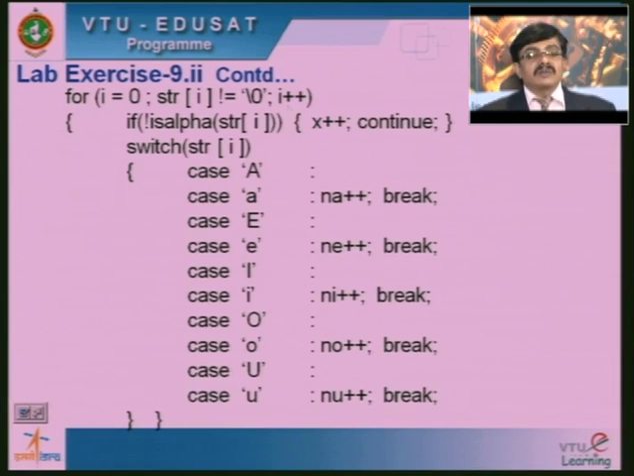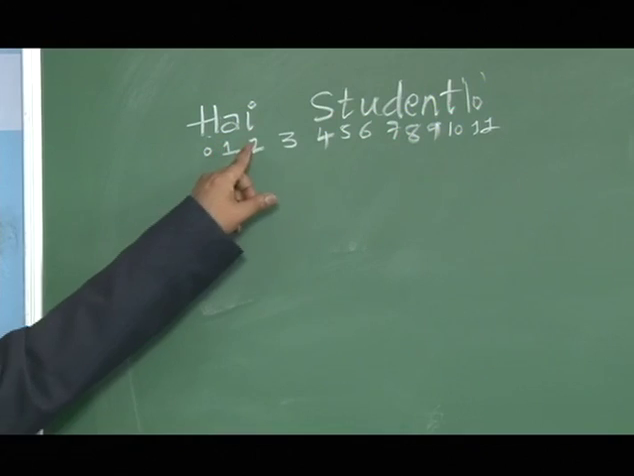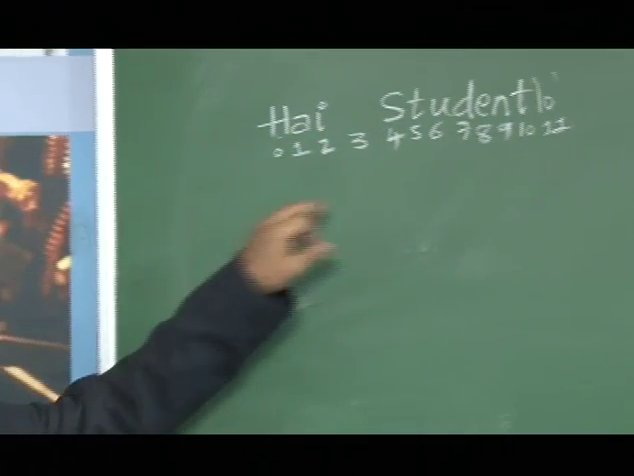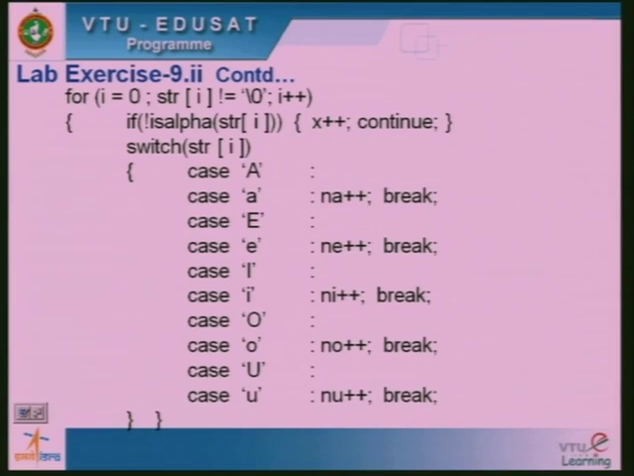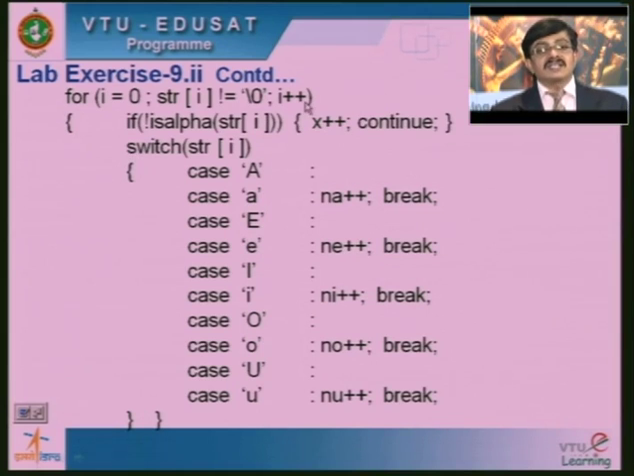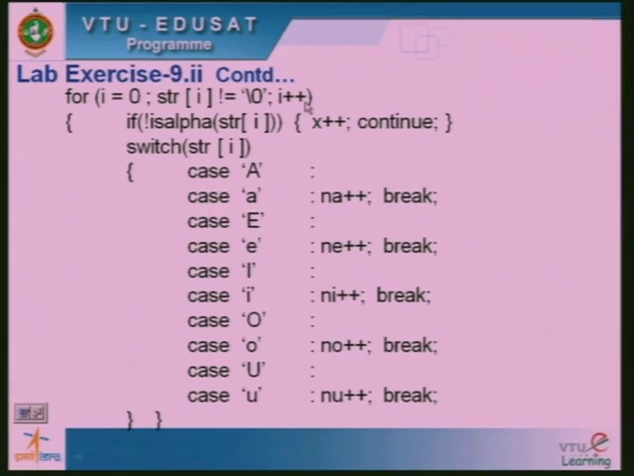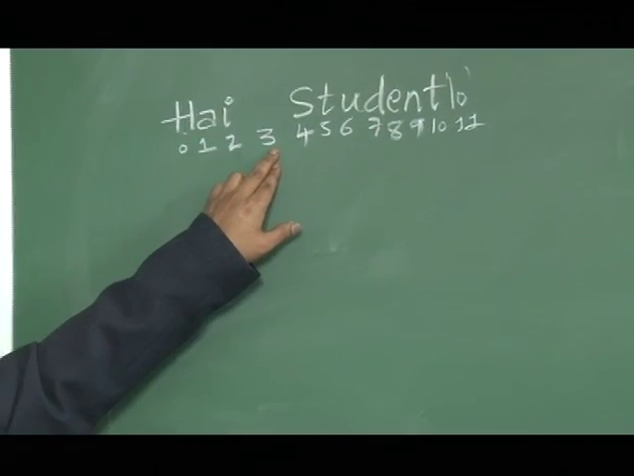So, here I go for the next iteration, i becomes 2. When i becomes 2, str of 2 is compared. When I am using "hi student", when i is equal to 2, it is pointing to a consonant. So, again, isalpha of str of 2, this condition fails. Again, I will come to the switch, and the counter corresponding to that will be incremented, ni plus plus. Again, it will come out of the switch and go for the next iteration of the loop. In the next iteration, when i is equal to 3, you see here